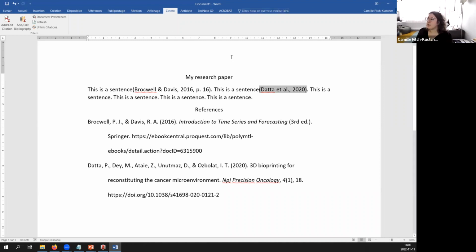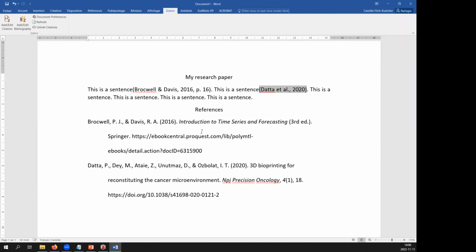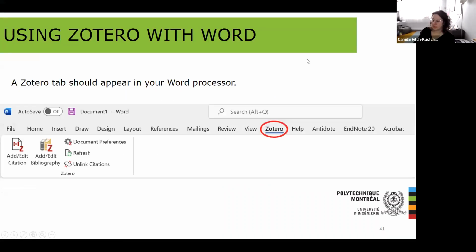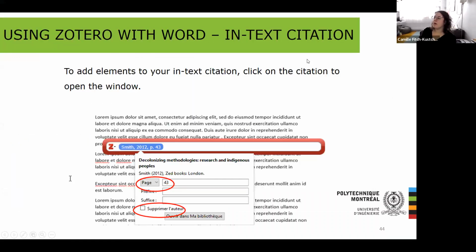So that's pretty much it for the Word section. Do you have any questions about how to use Zotero with Word? No. Okay, great. So we'll go on to the last bit, which is about